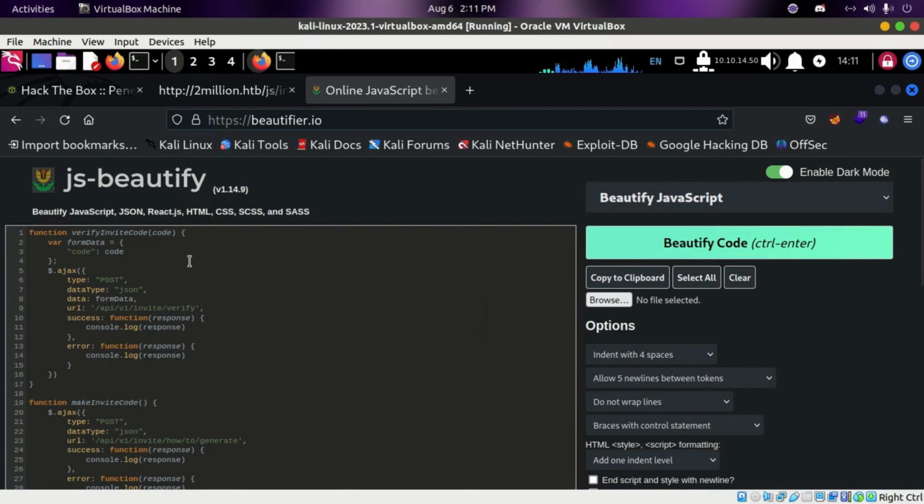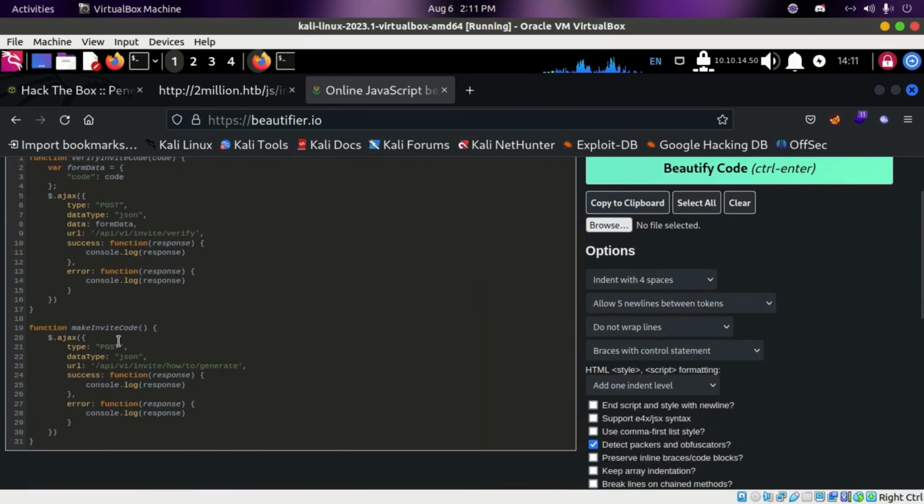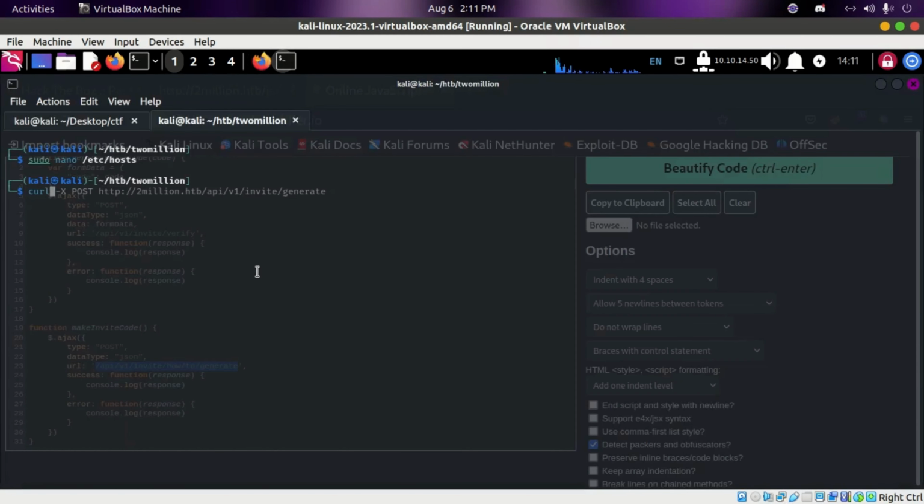Okay, so we see there's an API invite verify, and we see a function called makeInviteCode, which takes a POST request, and this is the whole endpoint, /api/v1/invite/how/to/generate. Okay, so what I'm gonna do is I will just copy this, right? And I will go back to the command line, and I can do something like this: curl -X for a POST request, and I can give the URL, so http://2million.htb, right? And I can give the whole URL right over here,